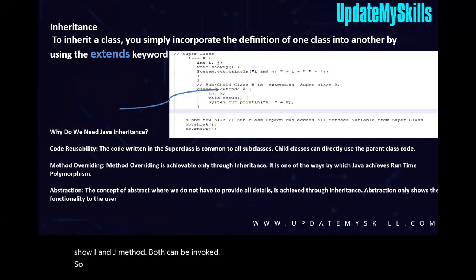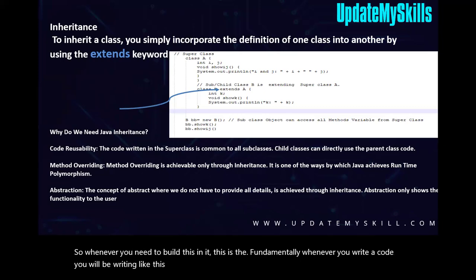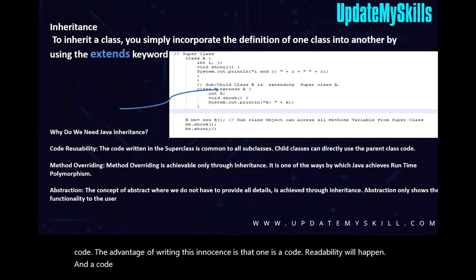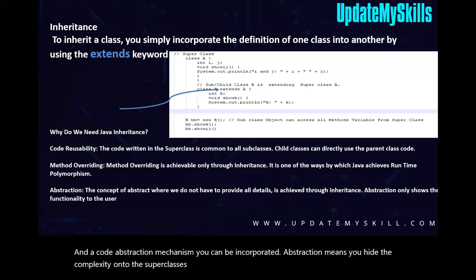Fundamentally, whenever you write code, you will be writing like this, in most cases. Without inheritance, it is very tough to write code. The advantage of inheritance is that code reusability will happen, and a code abstraction mechanism can be incorporated. Abstraction means you hide the complexity in the superclasses, or you write generic functionality in the superclasses, and you write subclasses as many as you want